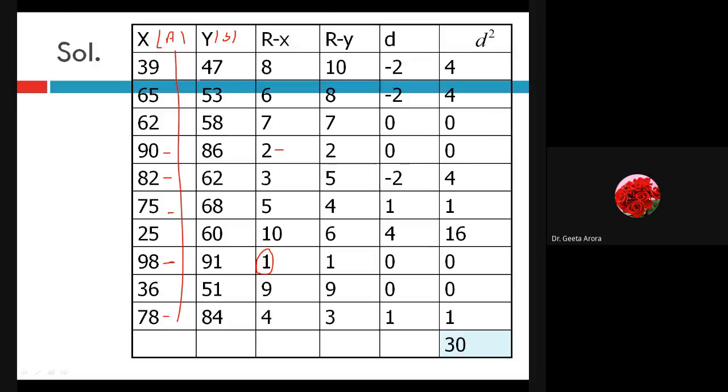Similarly, we have to rank the values of y, the sales. So here the maximum value is 91, given as rank 1, then 2, 3 and so on. Total 10 values are there, so we are getting the ranks from 1 to 10. Once we are done with this, the next step is to find the difference between the two. Here we have calculated the difference, then squared each and every value to find d square, and finally summed them up to find summation of d square, which is coming as 30. Correct? So this is summation of d square.